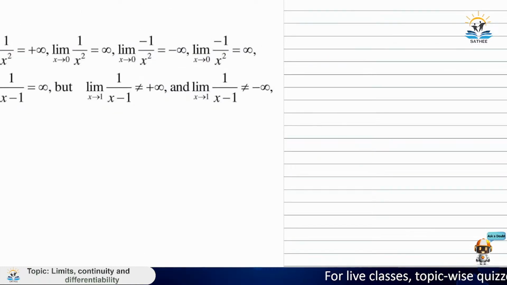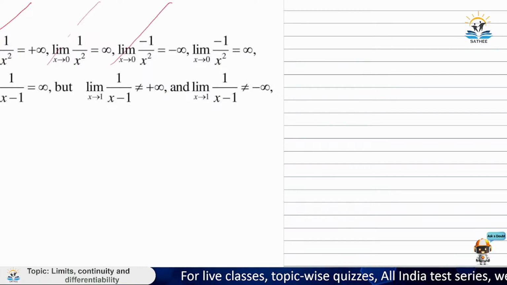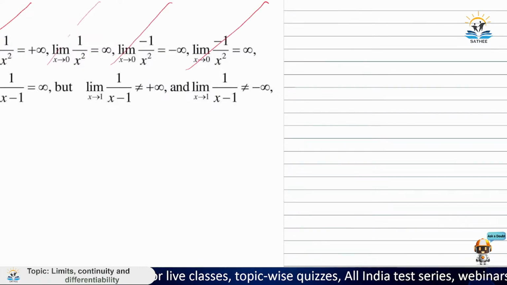Okay, so let's see some examples and some limits where the limits are going to infinity. You can easily see it is going to infinity. This is also infinity. This is going to minus infinity. This should also go to minus infinity, guys. What is the issue here? This is going to infinity, but